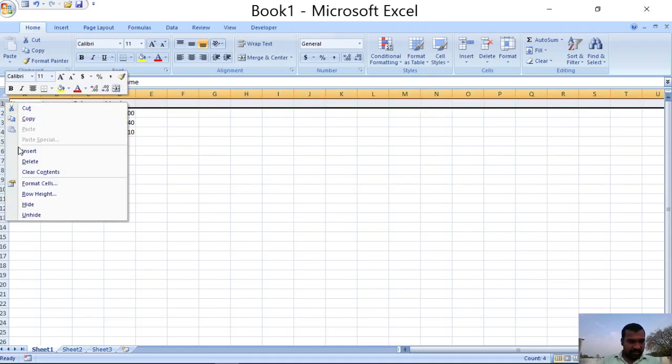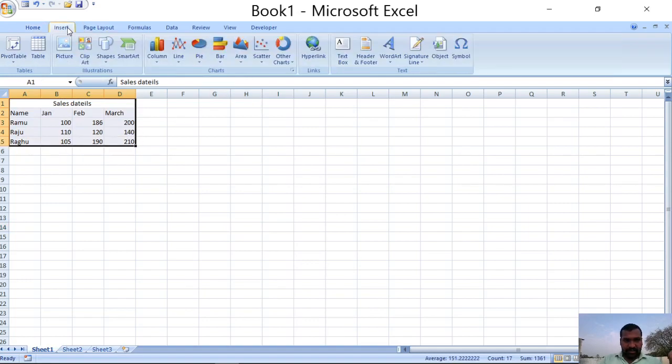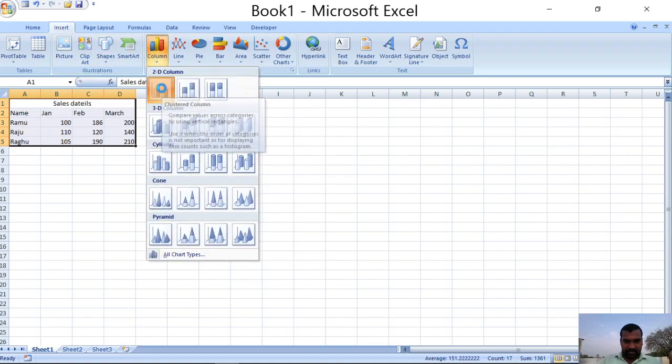These are the sales details. Now I am choosing this entire data and going to the Insert tab and clicking on column charts and 2D column.